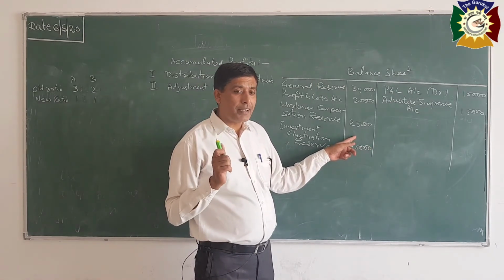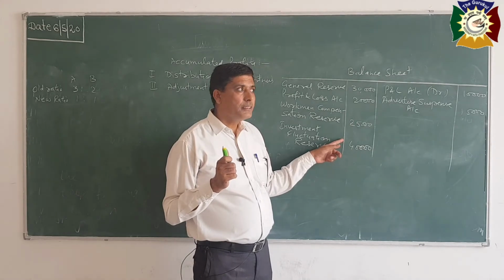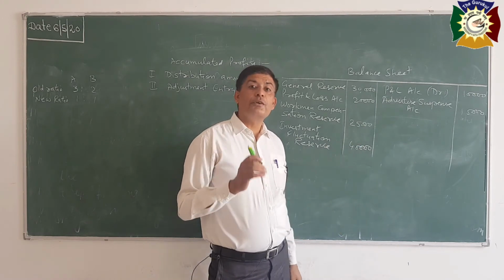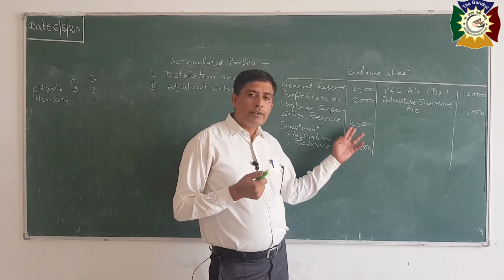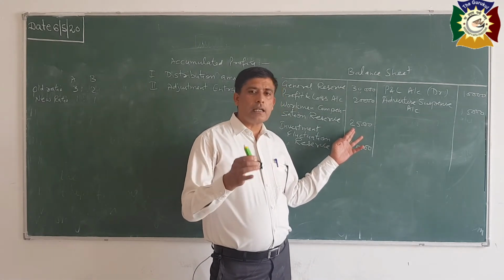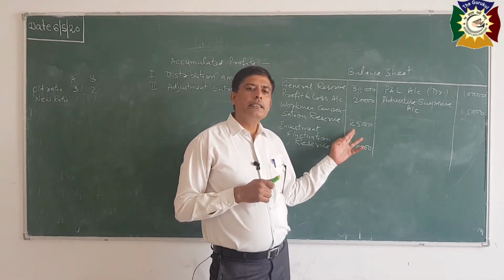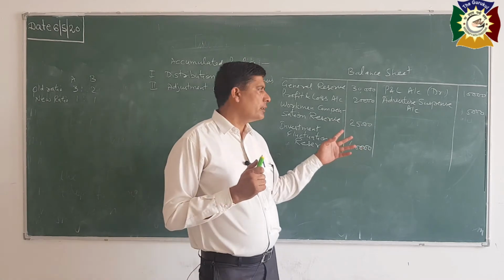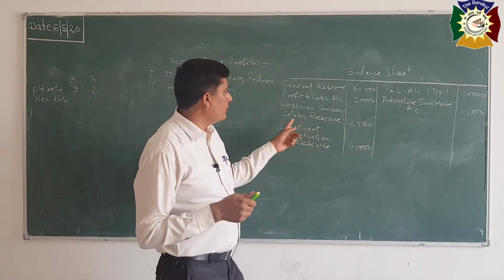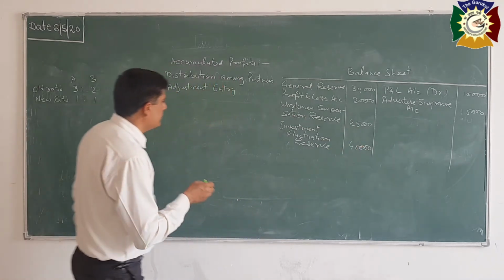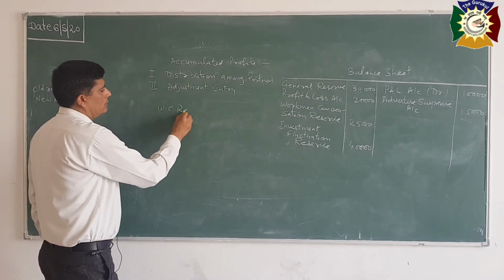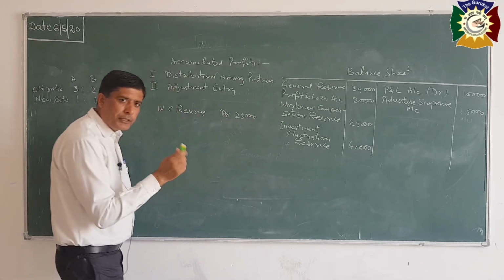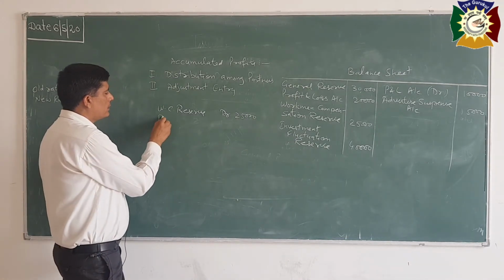And one thing more, sometimes claim is more. If amount in this reserve is 25,000 and firm has to pay the claim of 40,000, then the firm has a reserve of only 25,000, so the extra claim of 15,000 that we will pay will be transferred to revaluation account. About revaluation account we will study in the next lecture. So here we pass an entry when workman compensation reserve is 25,000, the debit entry will be workman compensation reserve debit 25,000 and remaining 15,000 will be adjusted through revaluation account.